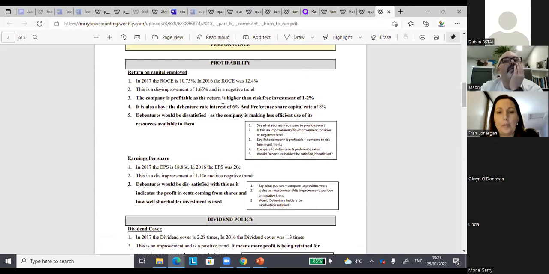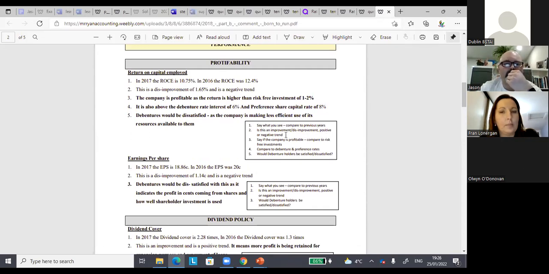And then for each one, I went back over past exam papers, and anything that's in bold seems to be the same piece of information that you need to know on the exam paper. So that's the stuff that you need to learn off. And then in this box here, I come up with 5 things that you need to say. So for the return on capital employed, say what you see compared to 2 years. The key words that they seem to be looking for now are satisfied, dissatisfied, improvement, disimprovement, and positive and negative trend. They seem to be the buzzwords. It used to be increase and decrease and healthy and unhealthy, but they seem to be changing around. So I make sure that they're in there somewhere.